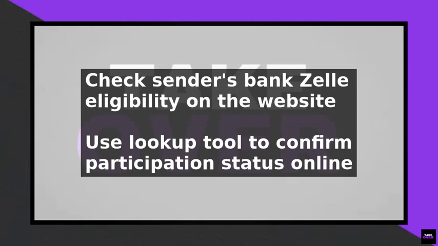To receive money via Zelle without a bank account, you can use a digital wallet or a prepaid debit card that is Zelle eligible. First, you need to check if the sender's bank or credit union offers Zelle. You can do this by visiting the Zelle website and using their lookup tool to see if the sender's bank